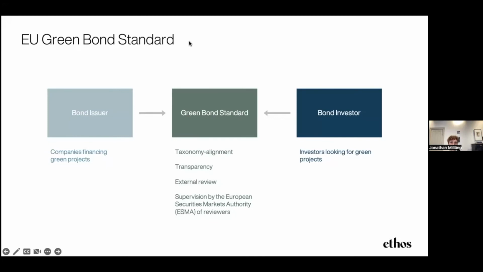So yes, you can be partly aligned. The important factor here is that you aren't allowed to double count. So if you're aligning a percentage of your revenues today with the EU taxonomy, and you are also investing in the same activity to align with the DNSH criteria, you have to make sure that the revenue and CAPEX allocations are separated.